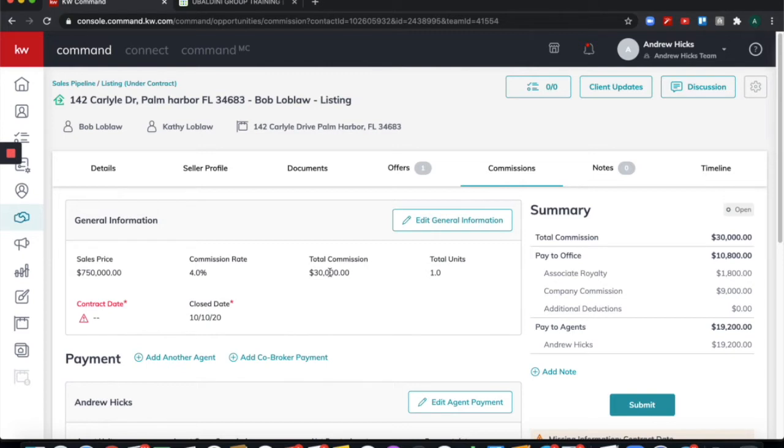And to mention, the process for a buyer side commission request is exactly the same. We would go through those same steps. Really, the only difference is that we would subtract the MLS fee from our total commission. So to add that on there, or subtract it from there if you're working with the buyer, if we click on Edit General Information,